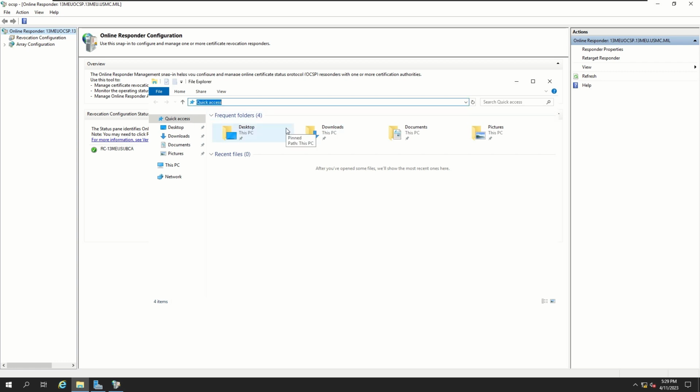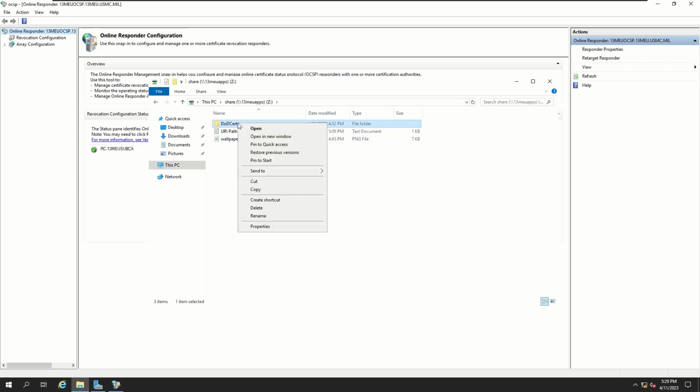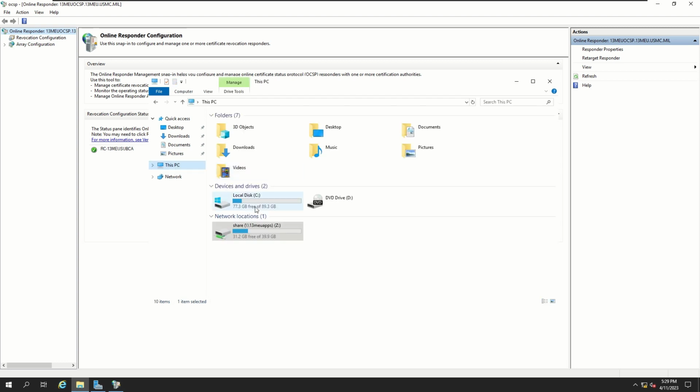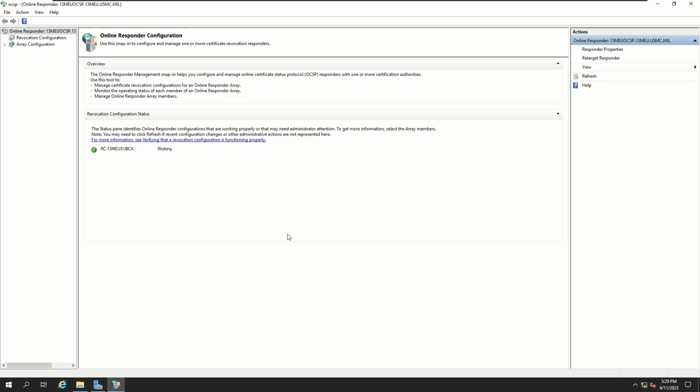And before we do that, I want to make sure that my certificates are somewhere easily accessible. So let's navigate to my share. I'm going to copy this folder into my C drive. Alright, now let's head over to revocation configuration, right click on it, add revocation configuration,